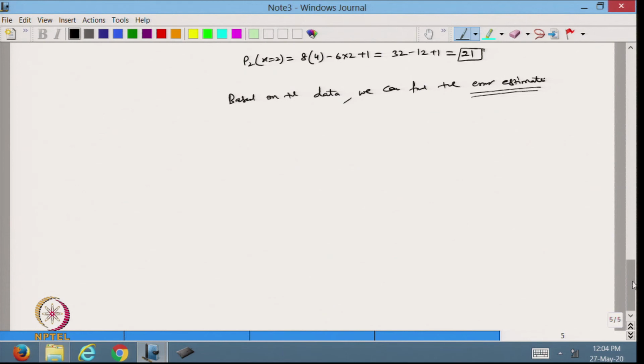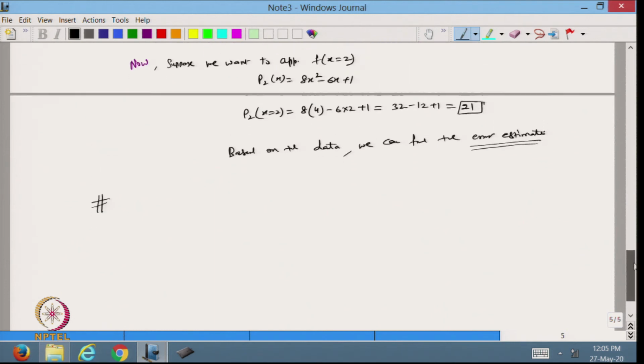Now, the question is that we know the Lagrange interpolating polynomial had two drawbacks. One drawback was that we get a higher degree polynomial for bigger data, and the second was that if we add one data point, then we have to rewrite the equation again. The second drawback has been addressed by the Newton divided difference formula.